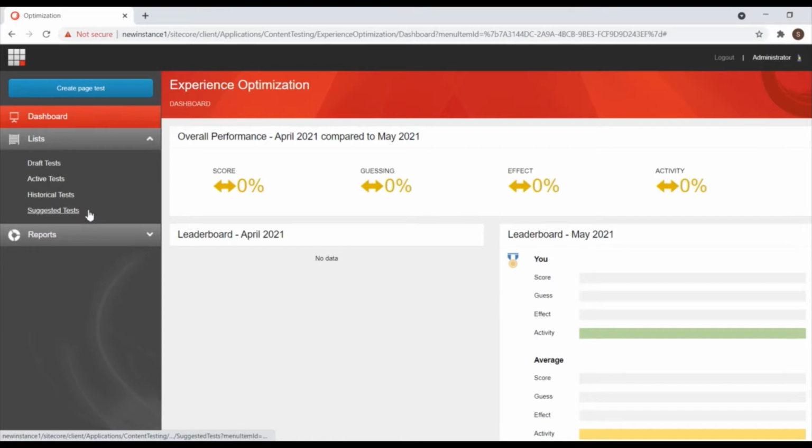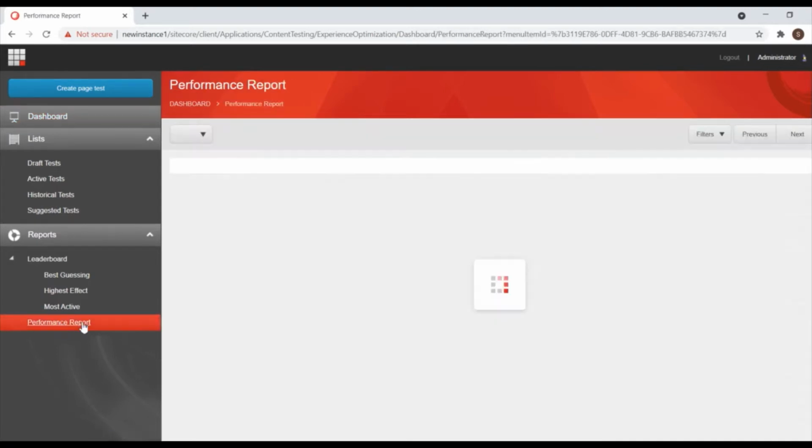The active tests we have created are available in the active test. Whichever test we are drafting is available here. Historical test is where the testing duration is completed, but we can still view it. Similarly, there are reports: the leaderboard and the performance report. The leaderboard has the report in chart format, and the performance report is also a useful report to analyze how the test performed.